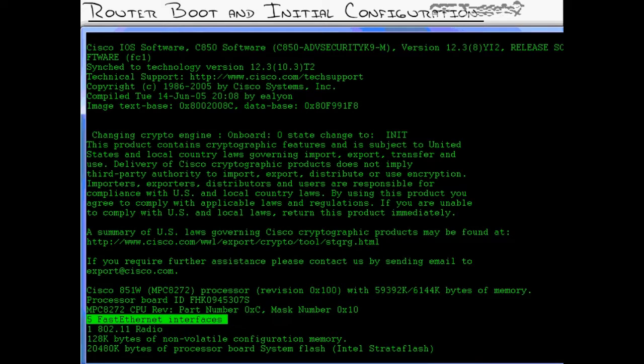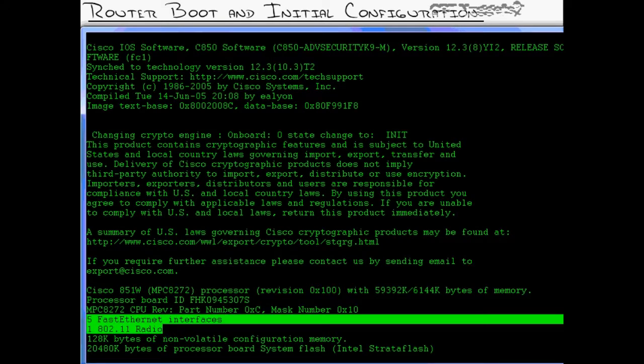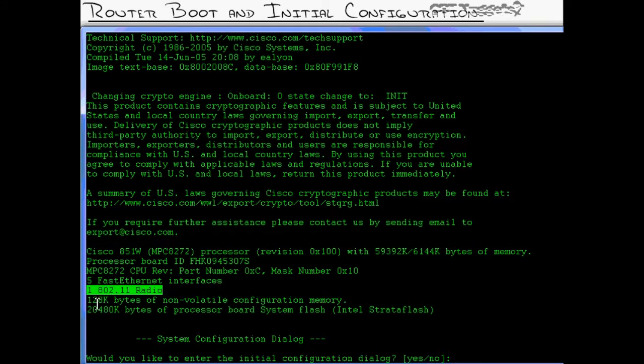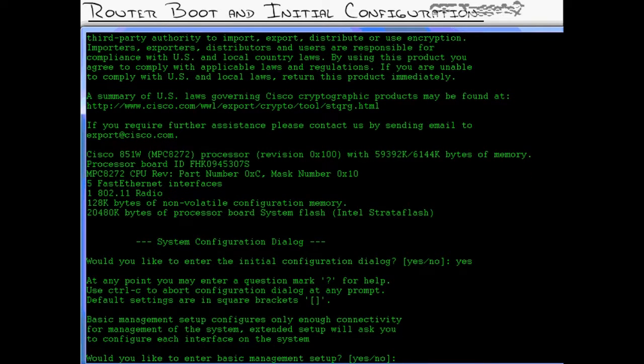Down here I see that this has 5 Ethernet interfaces, one 802.11, that's a wireless radio. It has 128K of NVRAM, or configuration memory, and 20 megs of flash that it's using to store the IOS. So now it's asking, do you want to enter the initial config dialog? As I mentioned on the switch, once you get familiar with the router, you'll never use the config dialog. But just so we can see it and feel comfortable, I'll type in yes, and it says,